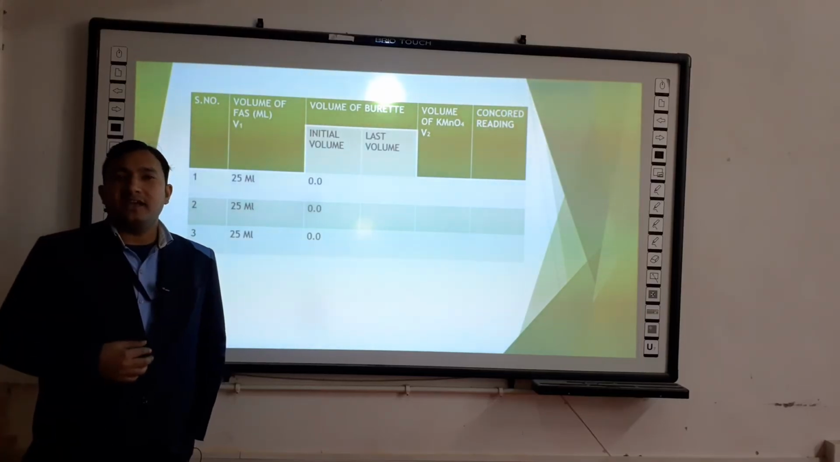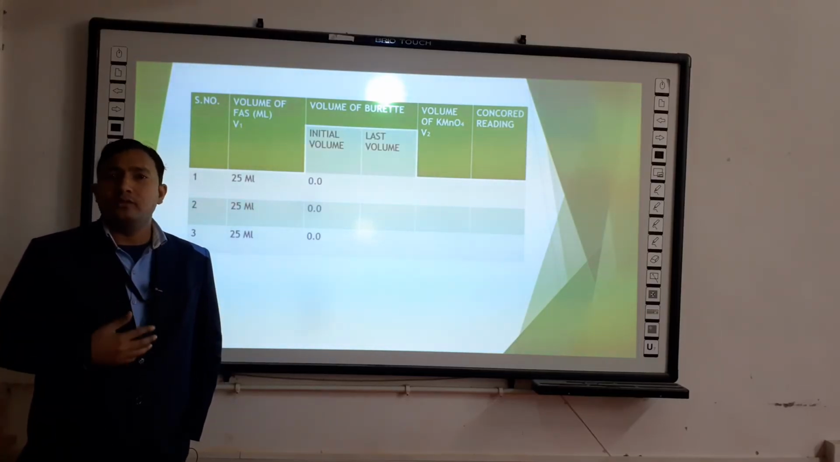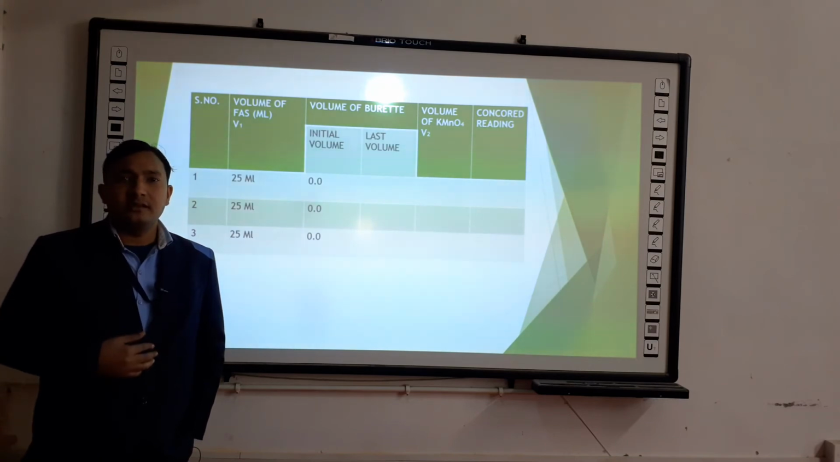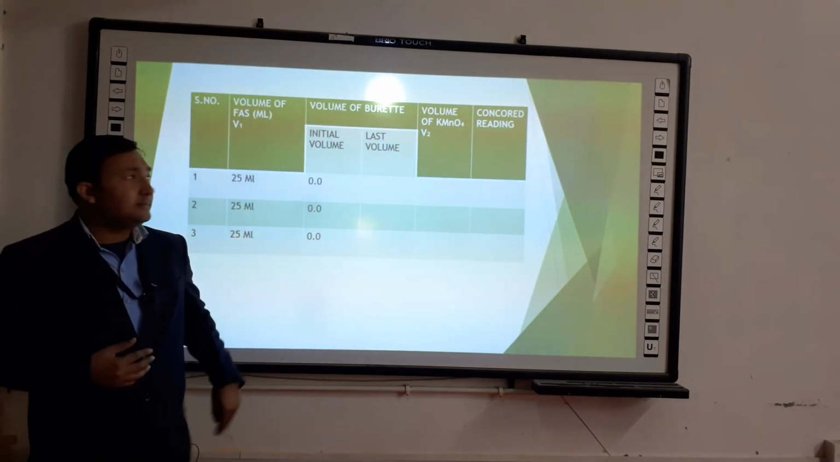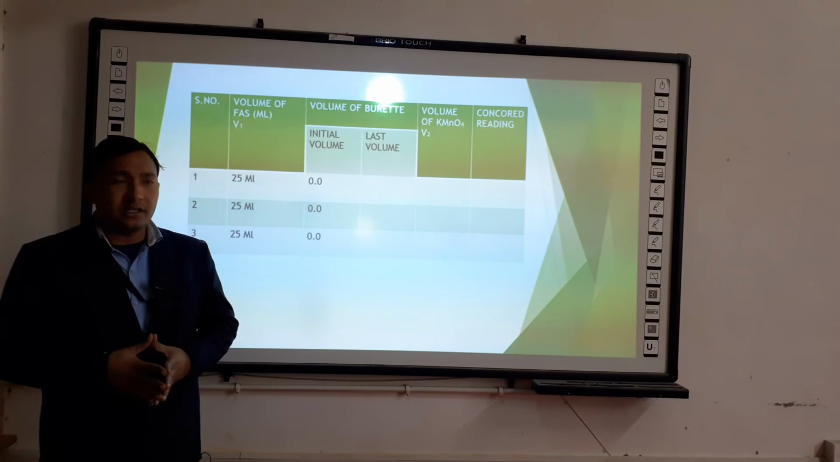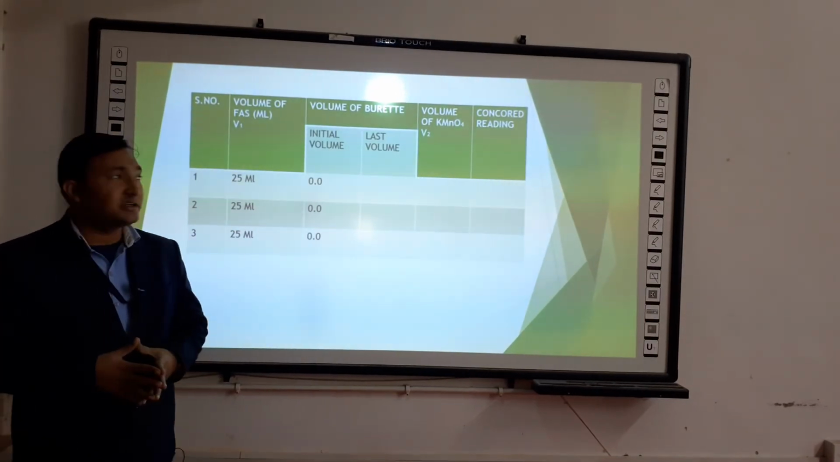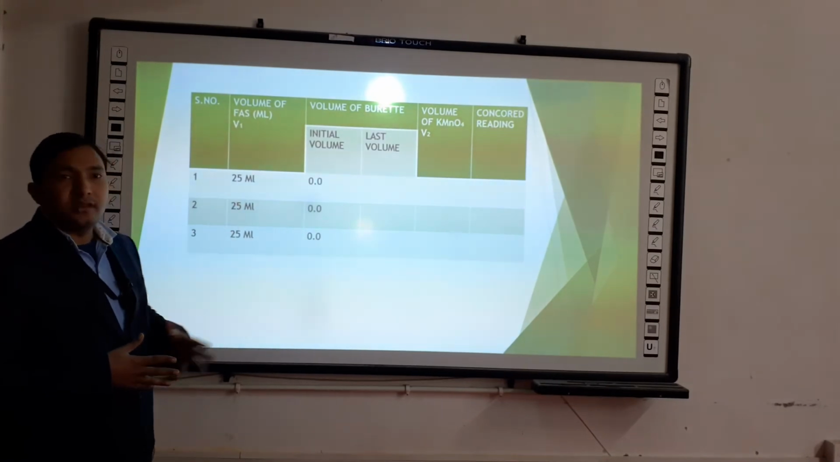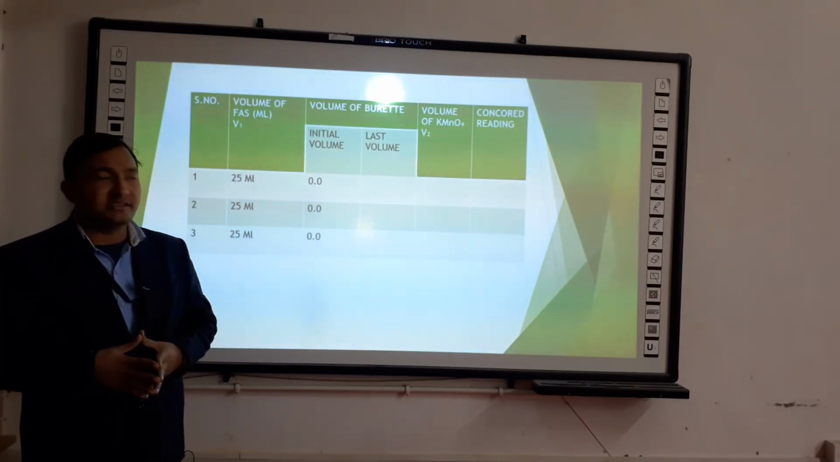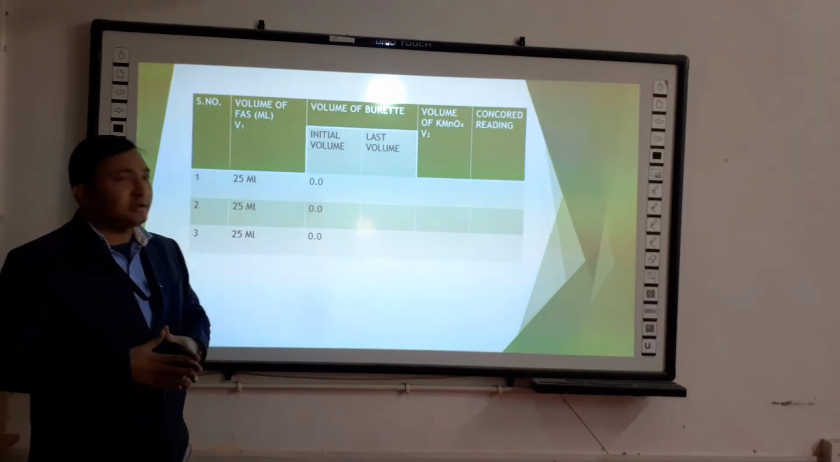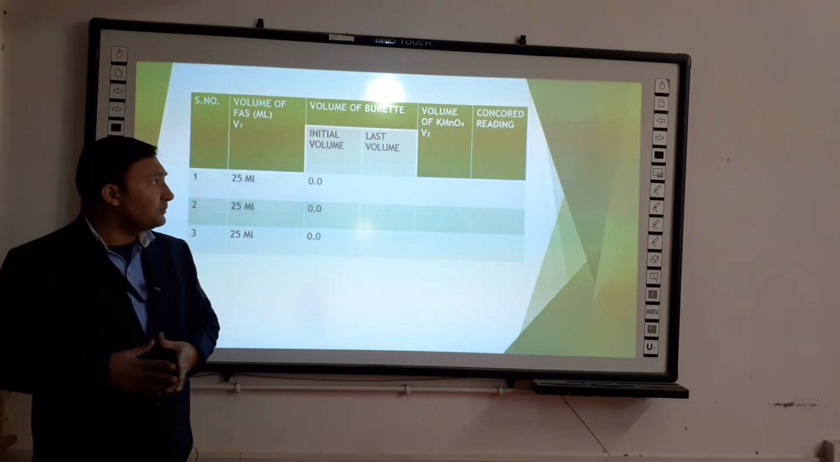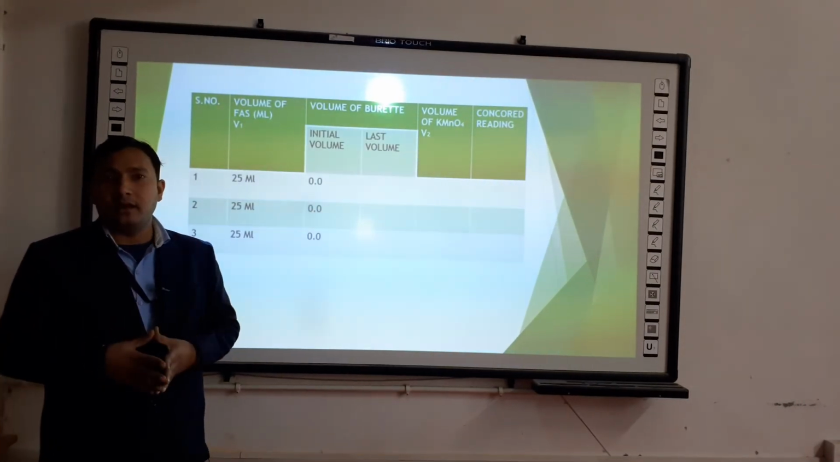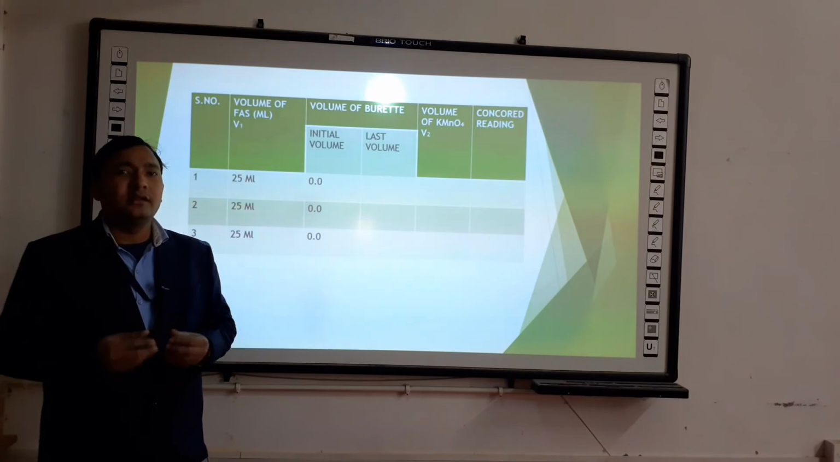So students, as we have performed the experiment, I hope you have easily understood the procedure. Now we are going to discuss the observation table. This is in front of you. In this observation table, we have 25 ml in each part as the reading of ferrous ammonium sulfate. The initial volume of the burette is 0 and the last volume which we have recently obtained is about